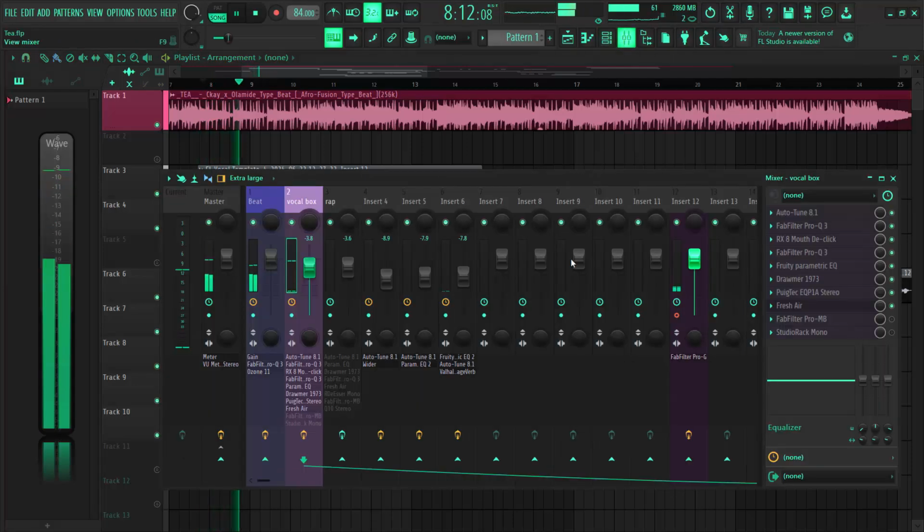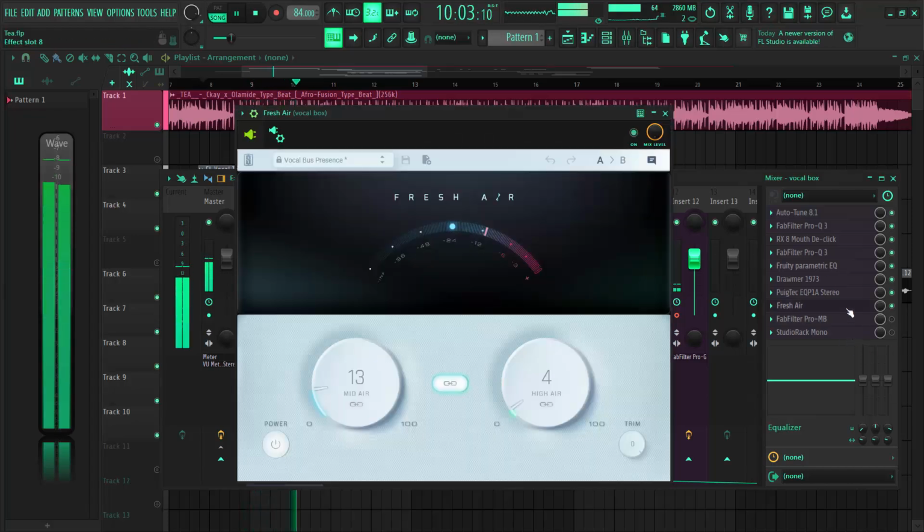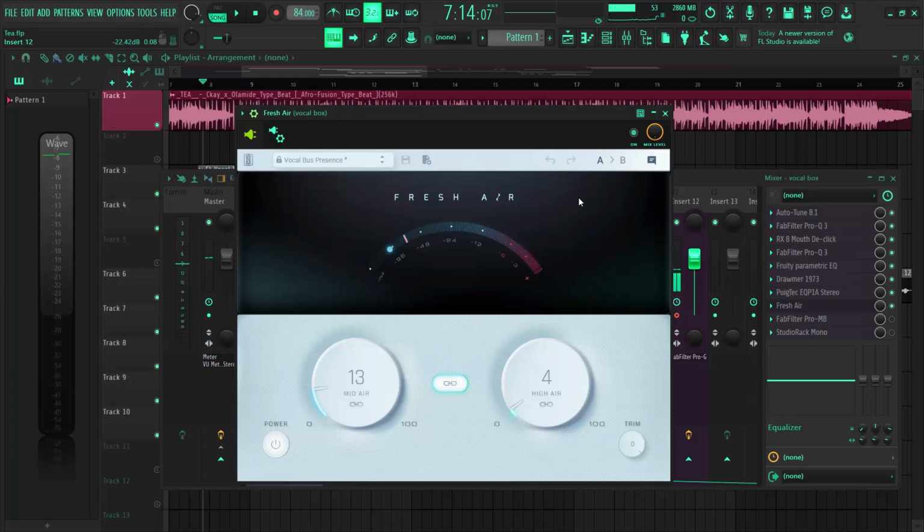So after activating my Fresh Air, you can see that it brought some little harshness into it, and that is what we're going to treat on the next plugin that we're going to use.